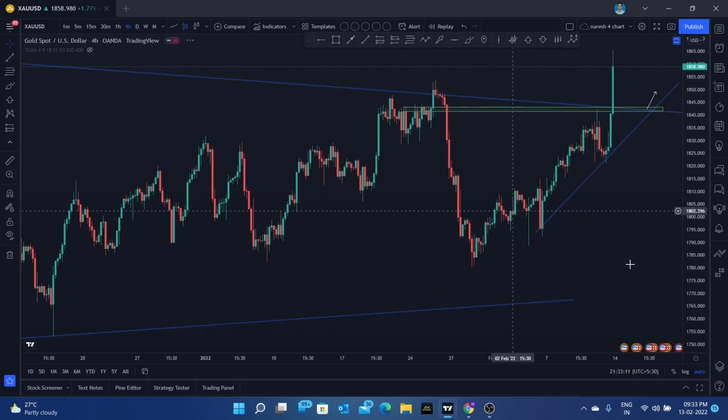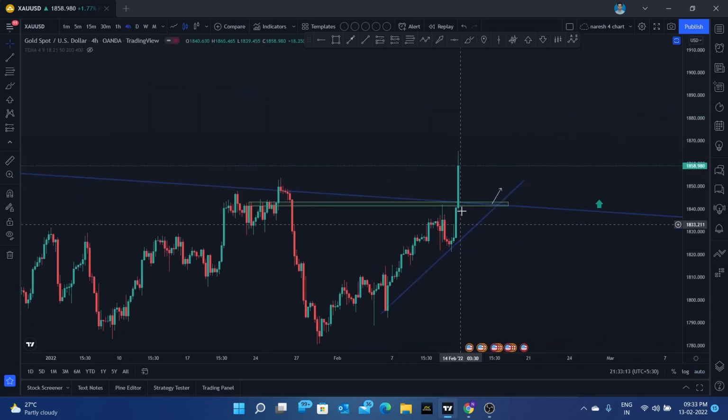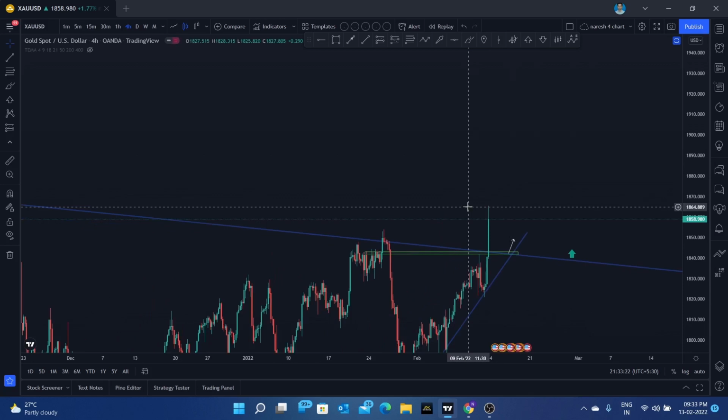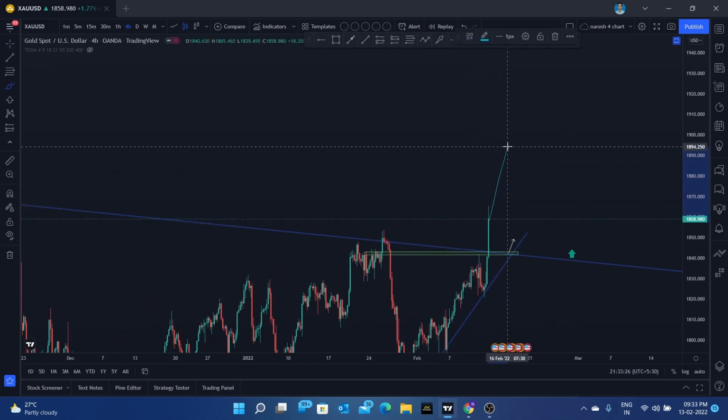So I would not suggest you guys go for long entries right away, because it has already broken out. Just wait for the pullback to happen, and you can go for long entries. And right now I'm bullish in gold as well, guys. Even if it continues here, let it go. If it is making some kind of consolidation, again if it is breaking up, you can go for long entries,